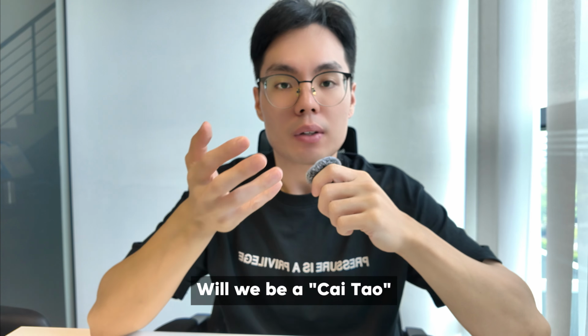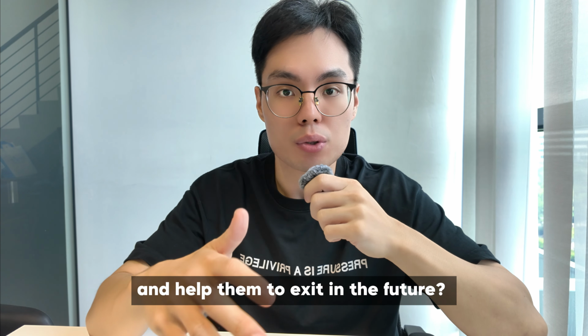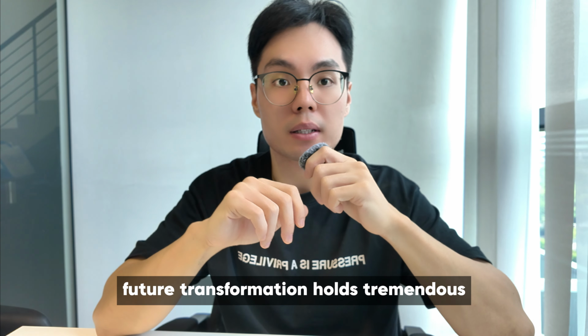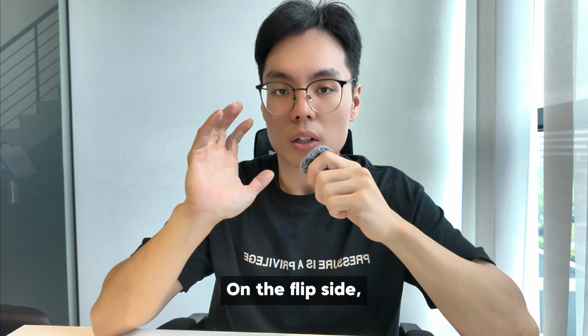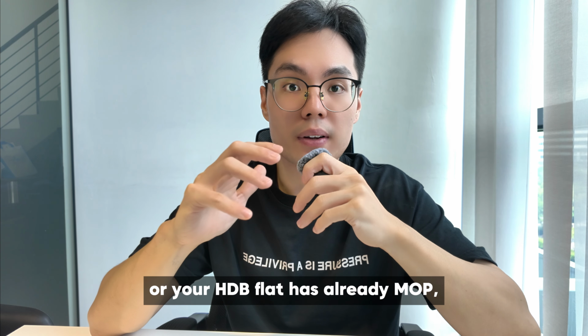Will we be a cai tao if we were to pay a premium to the Novo Place first owner and help them to exit in the future? I don't think so. I'm pretty confident that Tengah's future transformation holds tremendous opportunity and potential for all the residents in Tengah, including myself. On the flip side, if you're a young couple and your parents can provide financial assistance, or your HDB flat has already MOP